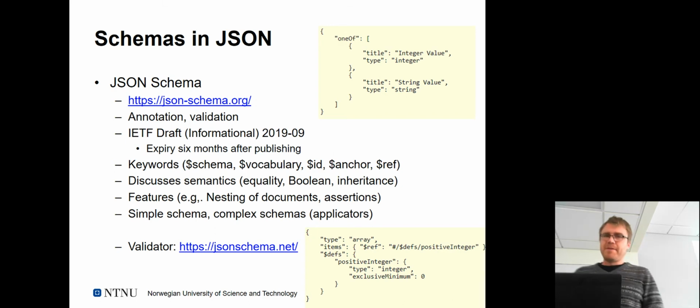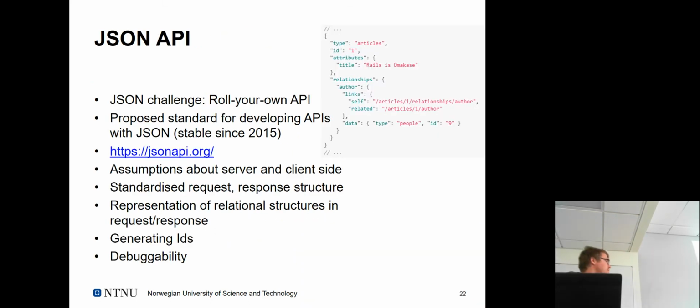Those tools will probably be the main driver for schema development. I think the menu design is probably far less likely anyway, so it would be very cheap for you to specify schemas as well. The other thing I just want to highlight, in terms of standardization efforts, is JSON API. The idea is that it's not so much looking at schema, meaning the layout of data structures, but really about the layout of APIs, right? Something you actually do yourself.